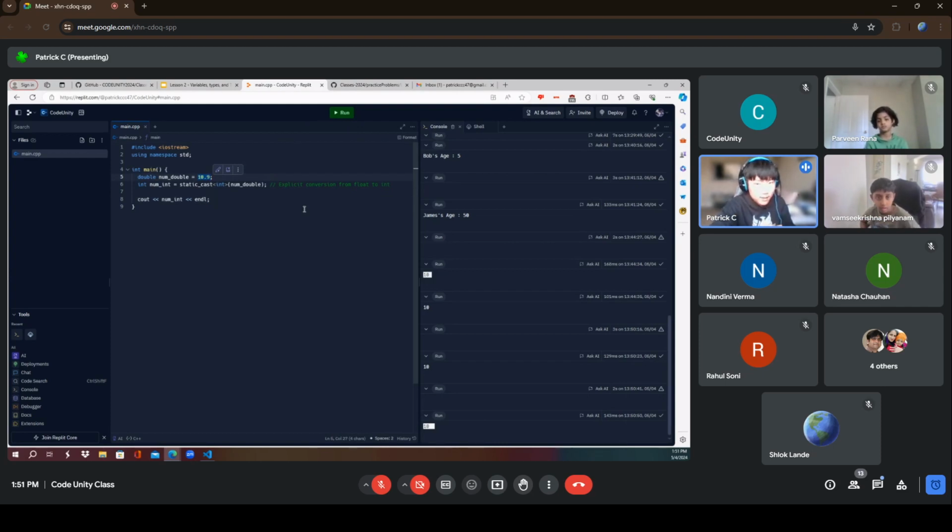Because 10.9 is really close to 11. It should round up to 11. That's how it works in math class. But actually, no, in C++, what static cast does, it pretty much omits the decimal. Whatever is behind the decimal point doesn't matter.